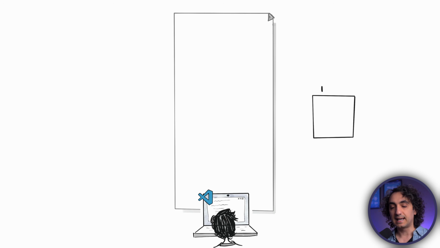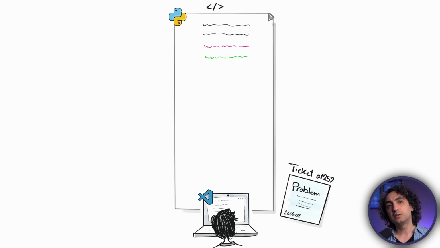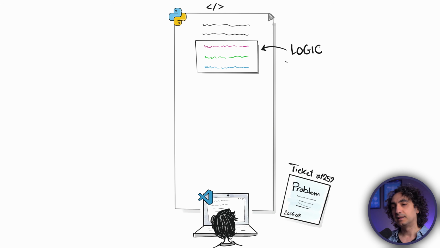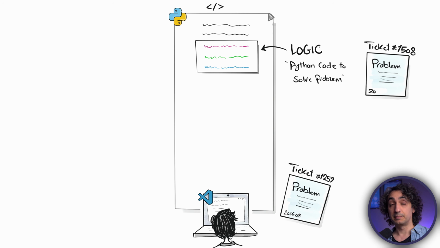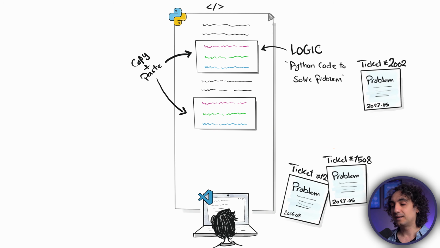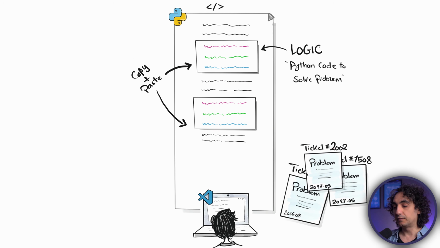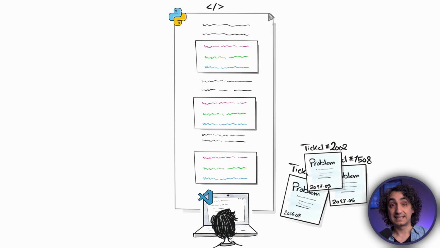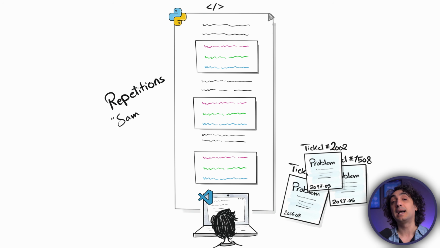So now the thing is, as you are coding, you usually write a small logic or flow in order to solve a small problem. Now over time you might face a very similar problem where the logic is going to be almost the same as the previous one. So what you're going to do, you're going to copy the code and paste it. At the start this sounds really okay, but over time you're going to find out that the same logic exists multiple times in your code.